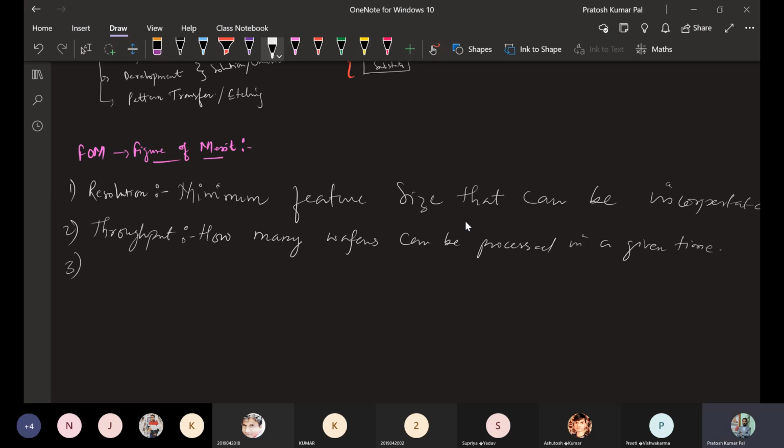The third one is depth of focus. So depth of focus is also one of the important parameters. These two parameters are among the most important, and depth of focus can also be considered. So in depth of focus basically,